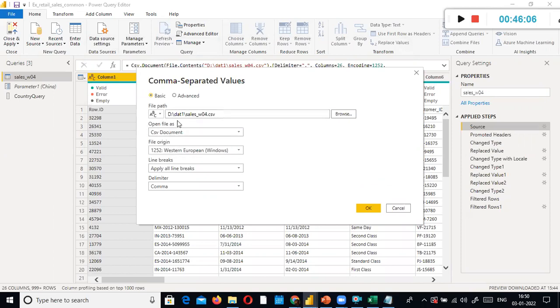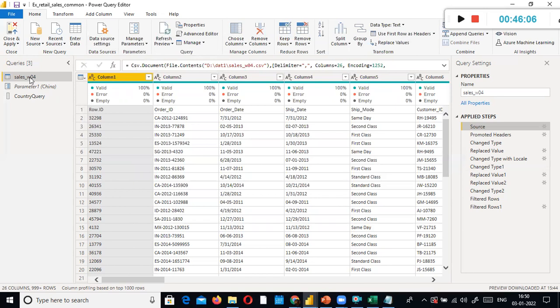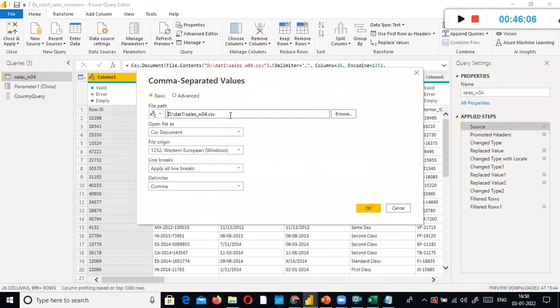So here what I'm going to do is, look here. I just selected this file and I wanted to see the path, or the folder, where this file is available. Here on the left side, I just select parameter. In the parameter, I selected parameter one and I click OK. Instead of hard coding the value like this, right? Because in development, sales W04 is available in DAT1. In testing, it might be available in DAT3. In production, it is available in the DAT4 folder. For different environments, the file will be available in different folders.